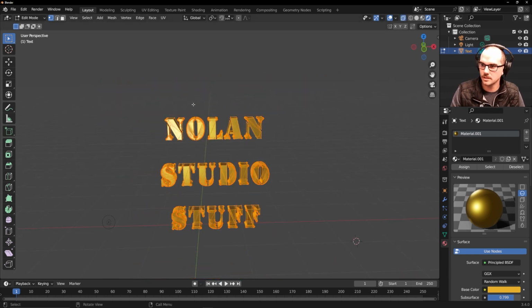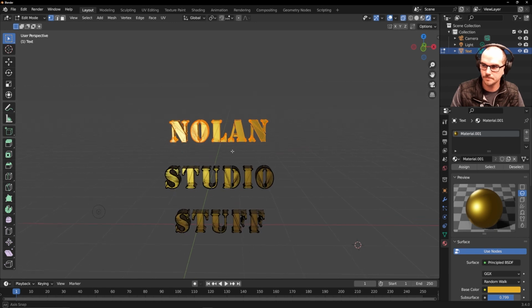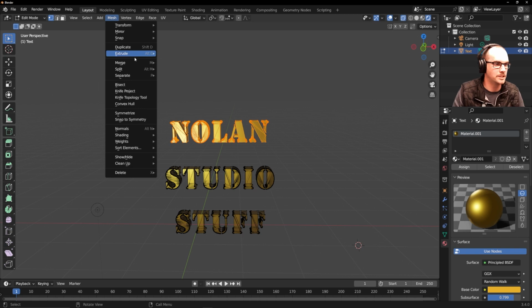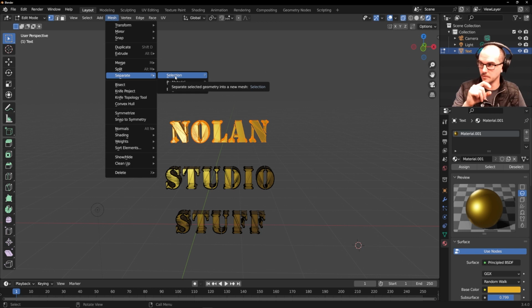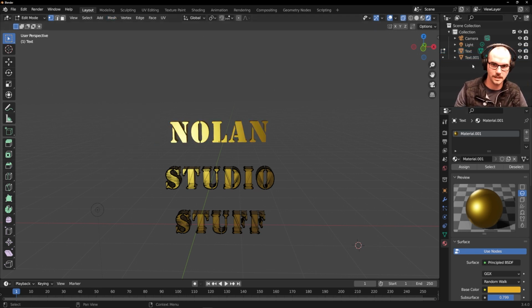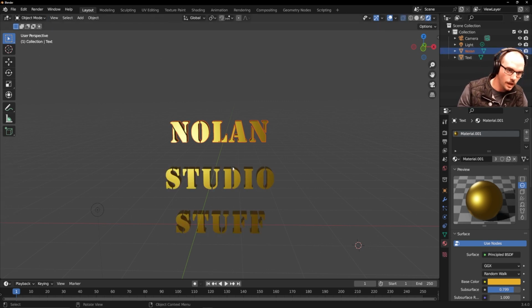So I'm going to do X-ray select, and I'm actually going to select all of this here, and we can go to the mesh menu, and split, or no, separate selection. Whatever you have selected, it's going to make it a different object. Right now it's all just one text object here, but I have Nolan selected. I can separate this selection, and that becomes Text.001. I'll rename this Nolan, and then I'll go back to here,